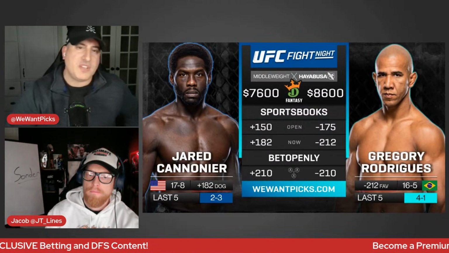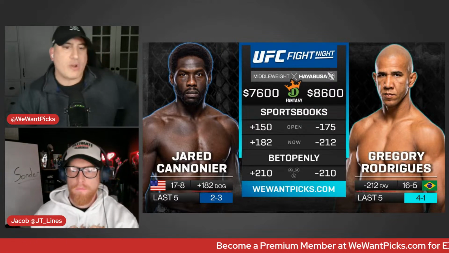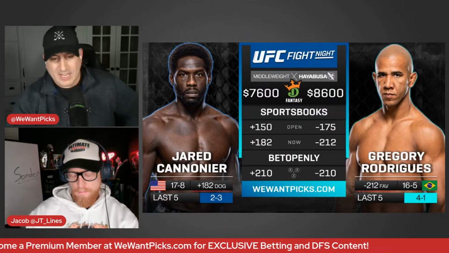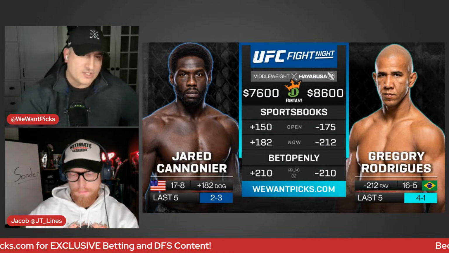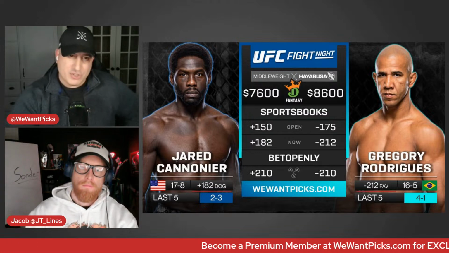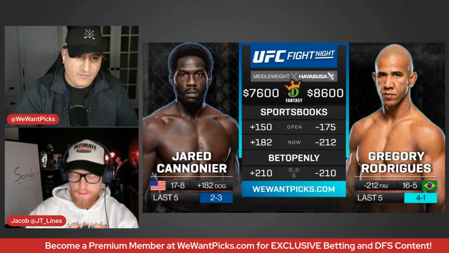Next up, at UFC Vegas 102, we have the main event of the evening. We have Jared Cannonier taking on Gregory Rodrigues. Jared Cannonier, 17-8 in his career, 2-3 in his last 5, riding a 2-fight skid. Taking on Gregory Rodrigues, 16-5 in his career, 4-1 in his last 5. He's on a three-fight win streak. And this is going to be an interesting fight because while it is seemingly straightforward,